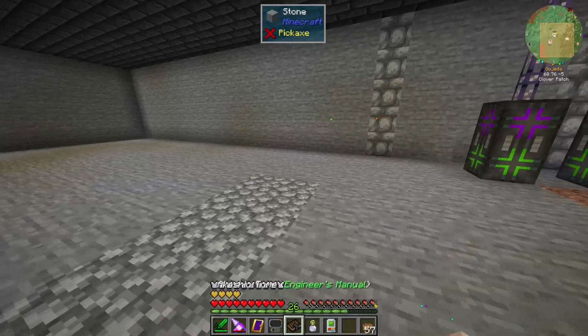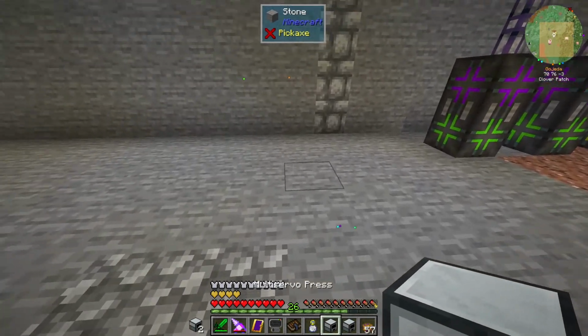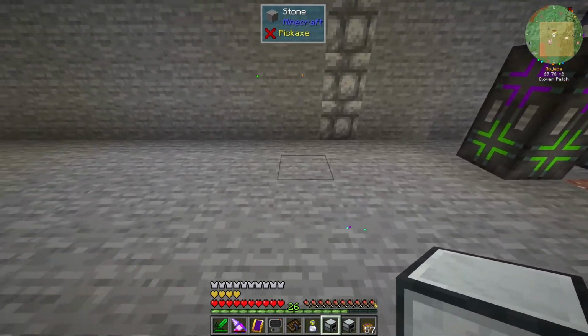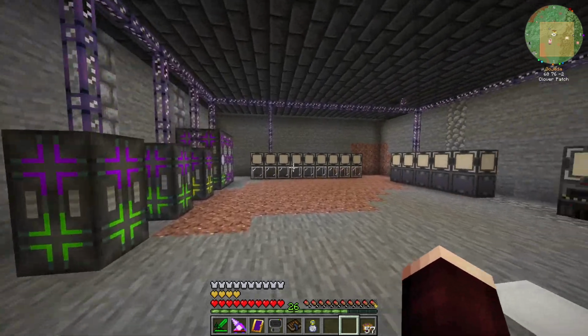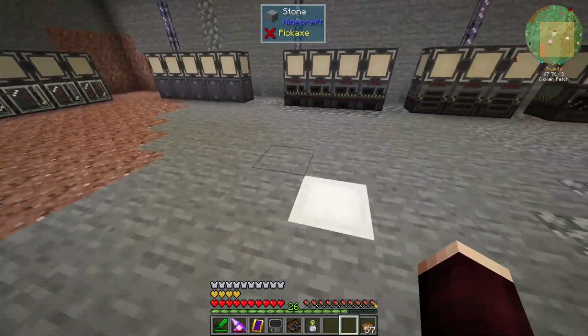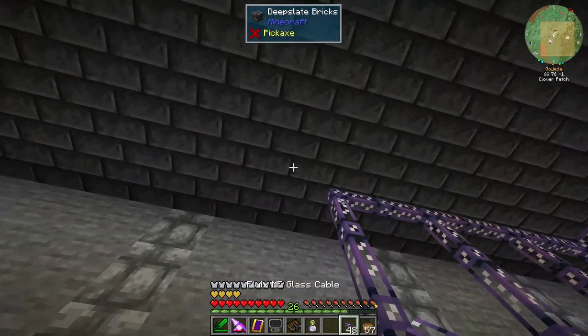Where do I want my mechanism stuff to go? My thermal stuff to go. Let's put it over here in this corner. Let's just follow this line. It will go like there and there. You can be my gear working one. Gonna need what? Pattern providers and some ME cables. Do I have ME cables in my thingy? Yes. So let's